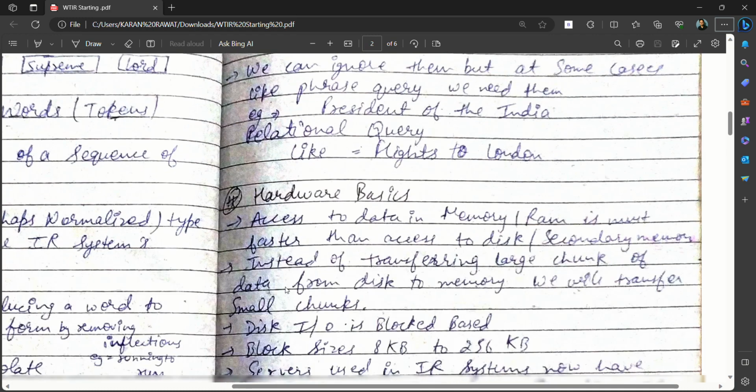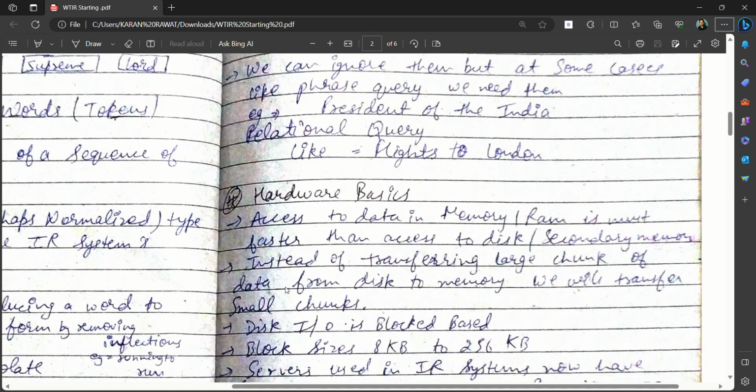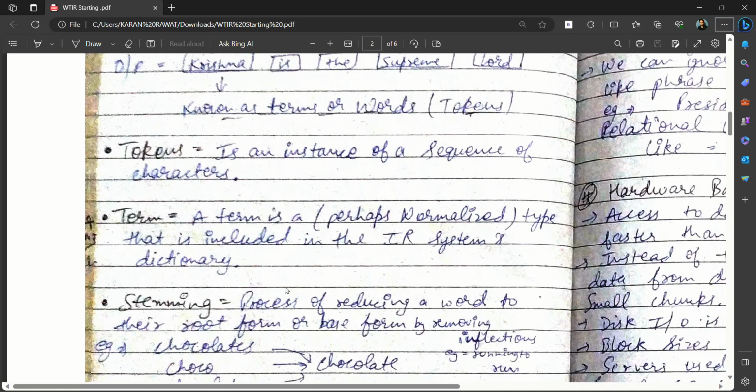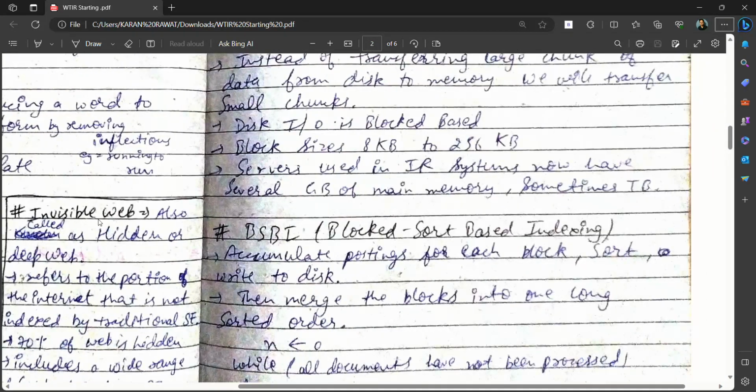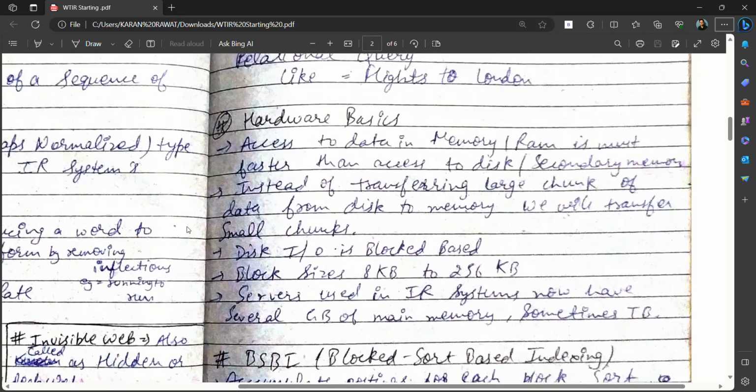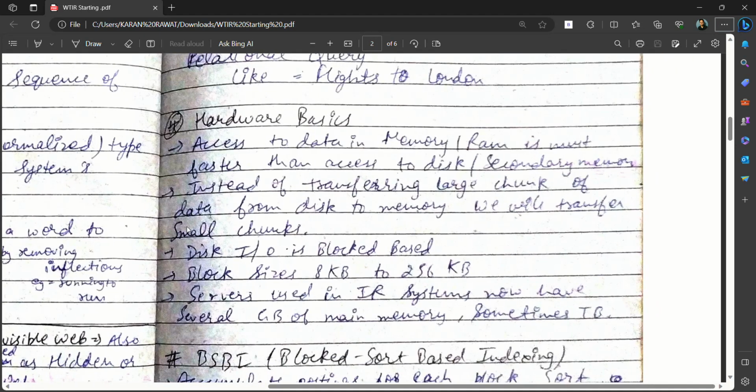So we have discussed stop words, and we have also discussed the term stemming and stemming algorithms, and some terms like invisible web and all that. So today we'll discuss the hardware basics. So see, let's read the statement: access to data in memory, RAM, is much faster than access to